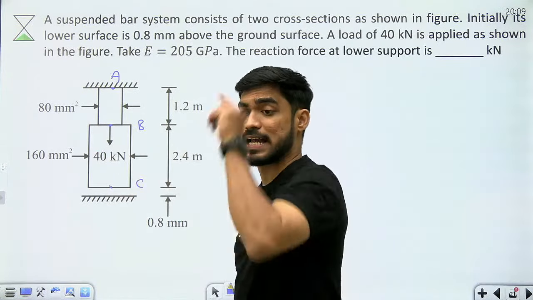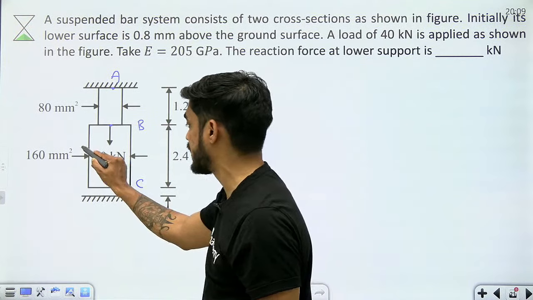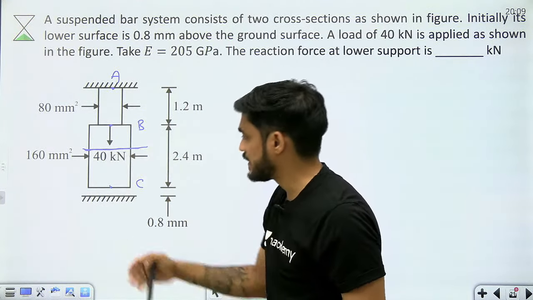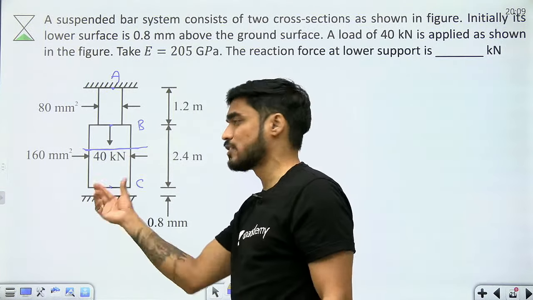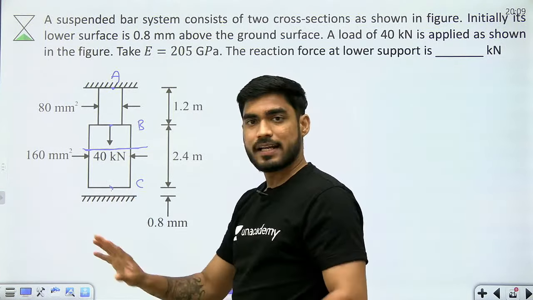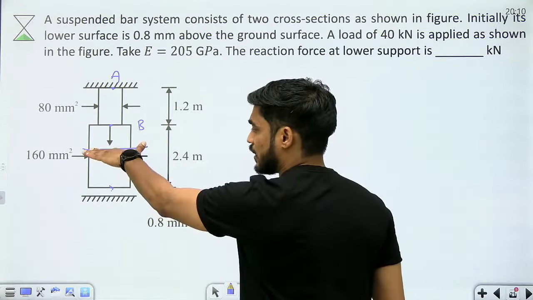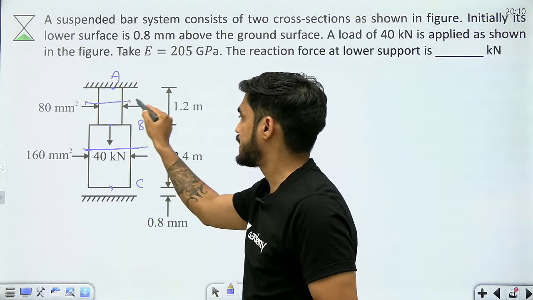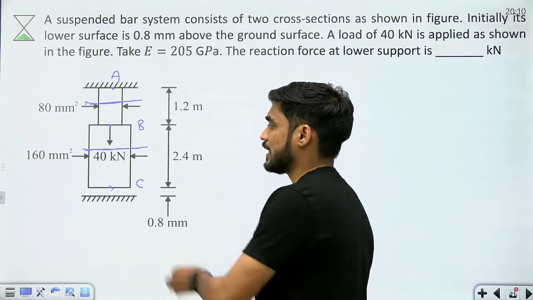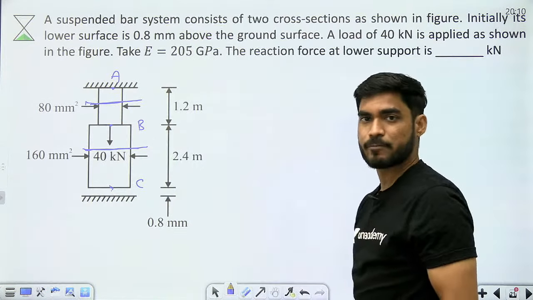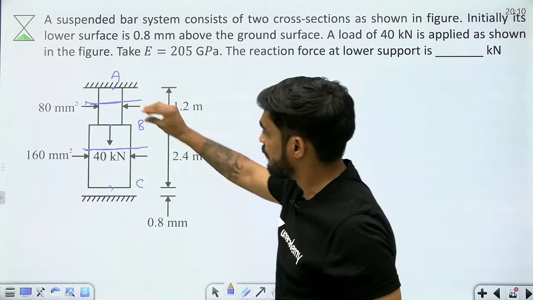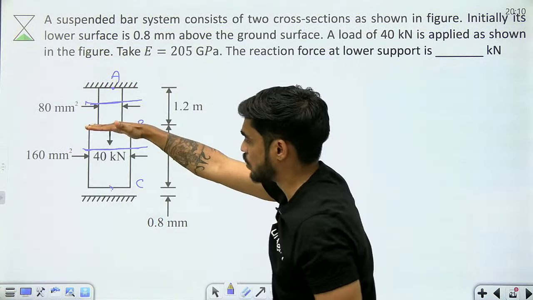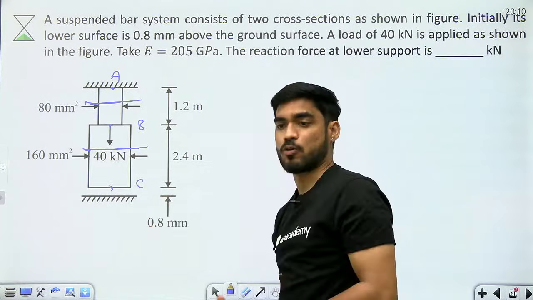BC में अभी internal force है क्या? Right now is there any internal force in BC? If I take a section, then below this section there is no force. Right now there is no reaction. अभी यहाँ पे gap है. So right now there is no deformation in BC. There will be deformation in AB. If I take a section in AB, then beta there will be a 40 kilonewton force, right? Now understand, जब AB elongate होना चालू होगा, then this BC will move down, है ना?